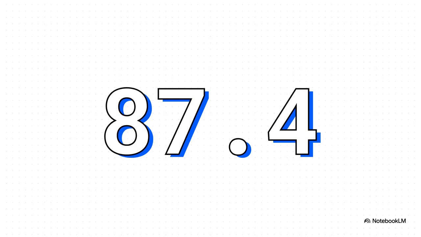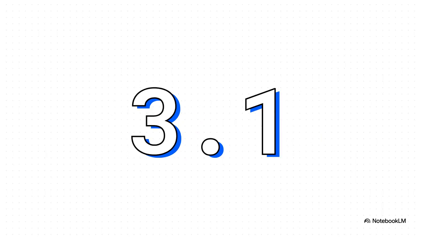So, for example, using a measure like mean squared error, a high number like 87.4, well, that's a big red flag. It tells an engineer that there's a huge difference, a lot of error, between the original and the copy. And for you, that means you're going to see a pixelated image or hear some really muddy audio. But a low number, something like 3.1, that's the goal. That means the file you're seeing or hearing is incredibly close to the original. High fidelity, low distortion. Honestly, the entire game of digital media is just trying to get this number as low as you can for the smallest possible file size.